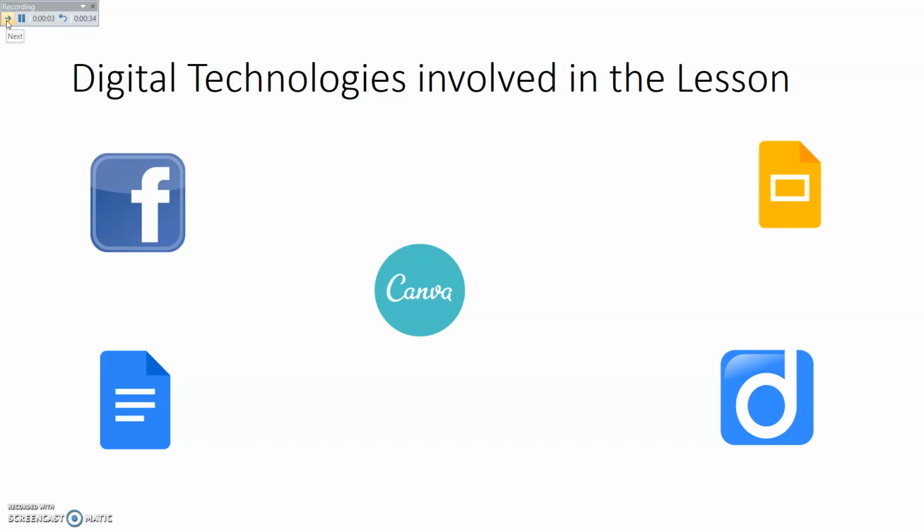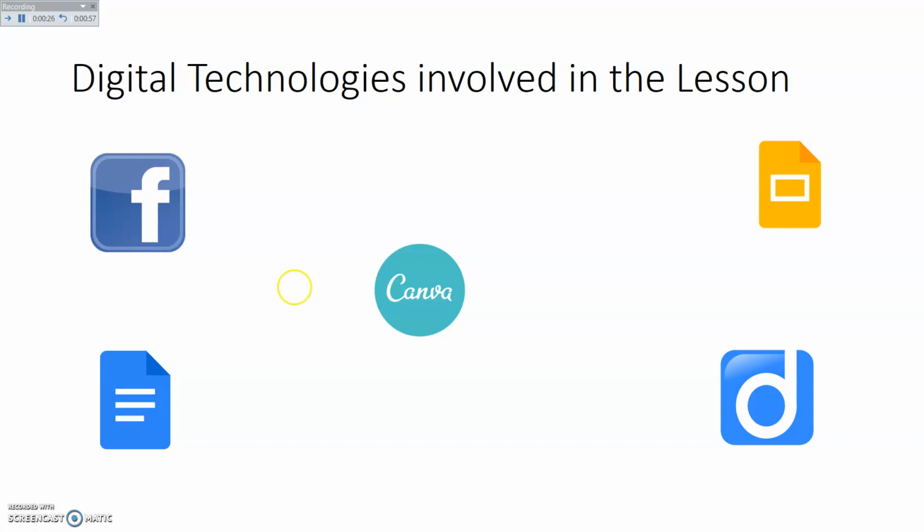The digital technologies which I chose all support, or if not all, support the two models on which I based my theoretical basis. These technologies are namely Facebook, which is one of the most popular, if not the most popular